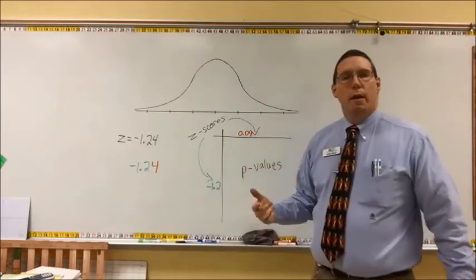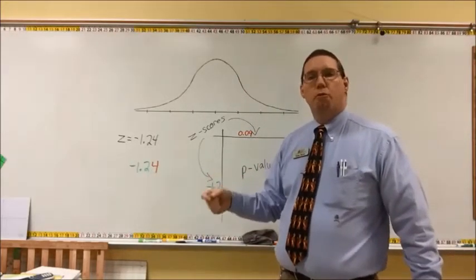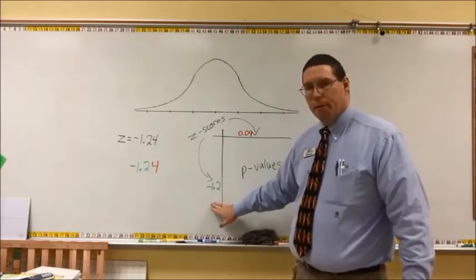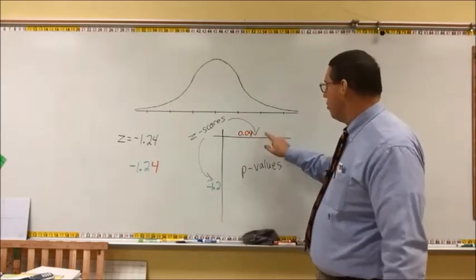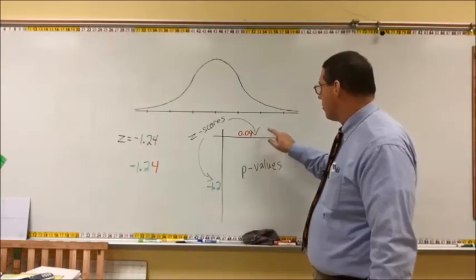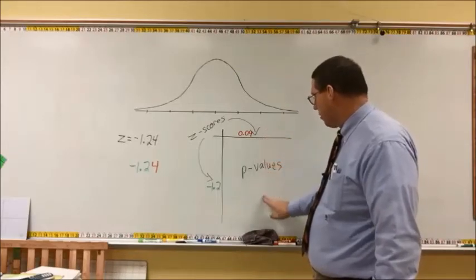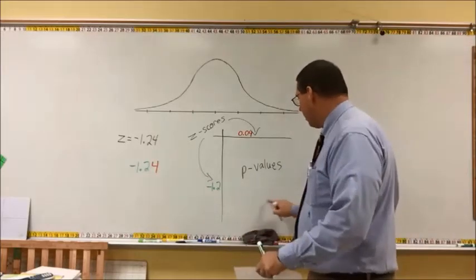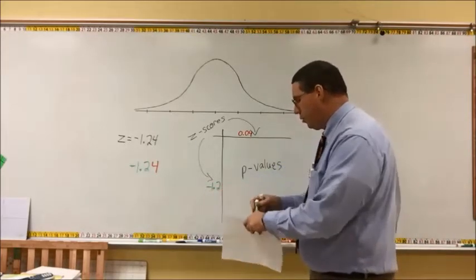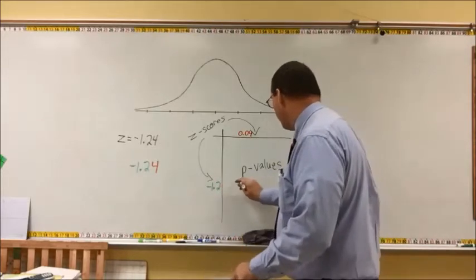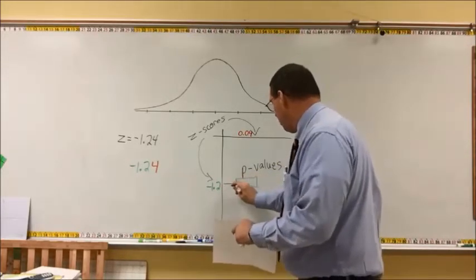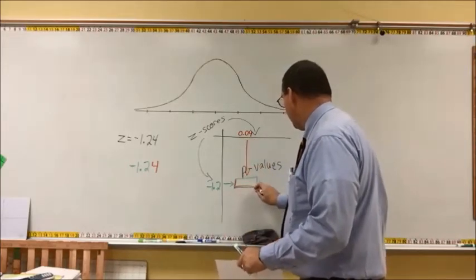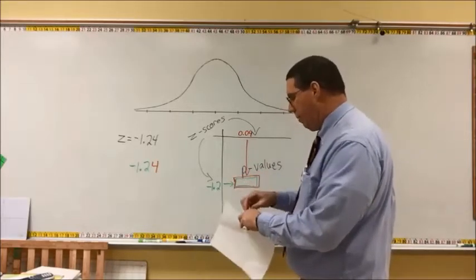So if we wanted positive 2.36, we would find 2.3 here. Then we'd go over to where it says 0.06, and we would go down the 6 column and over the 2.3 row, and there would be a number right here. Now in this case, we're going to go to the negative 1.2, and we're going to go across to here, and down the 0.04 column to right here, and where those two things match up,